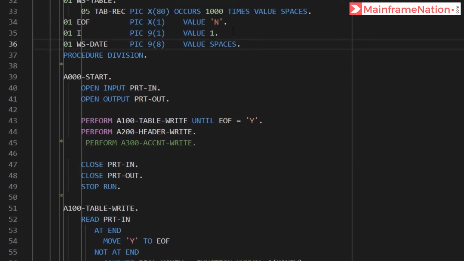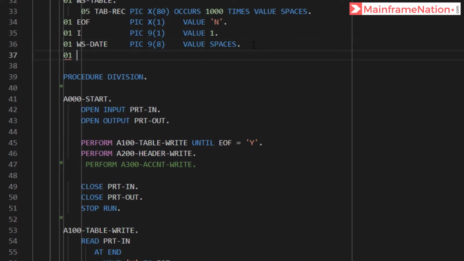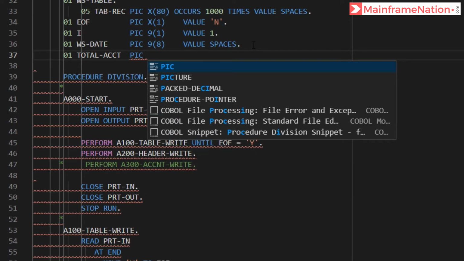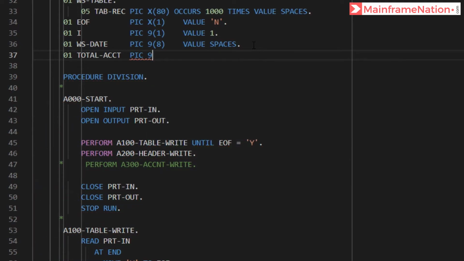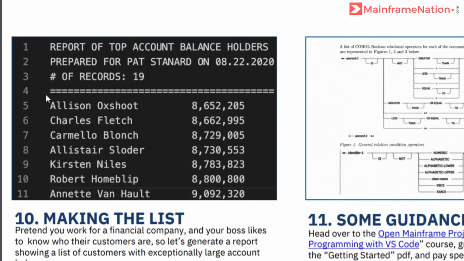Let's go to working storage and add 01 total account, PIC 9 of 4. Initial value will be 0. Then in line number 4 we just have to write this equal to sign.